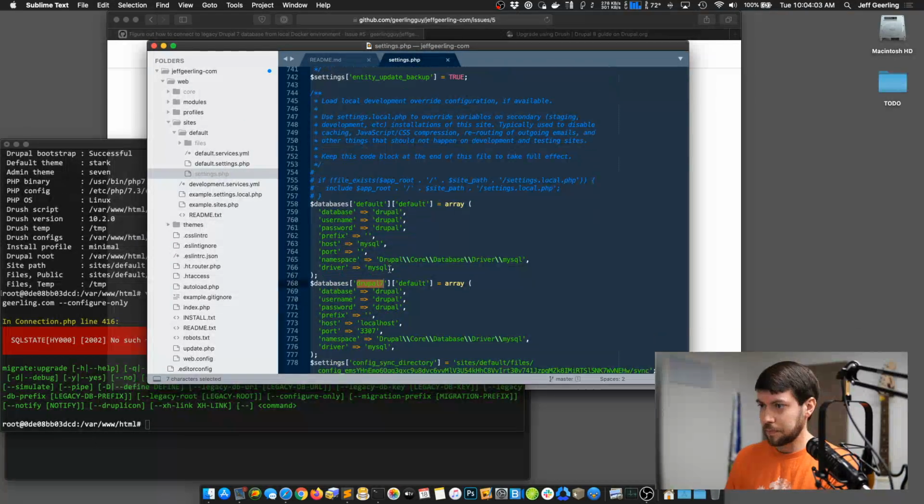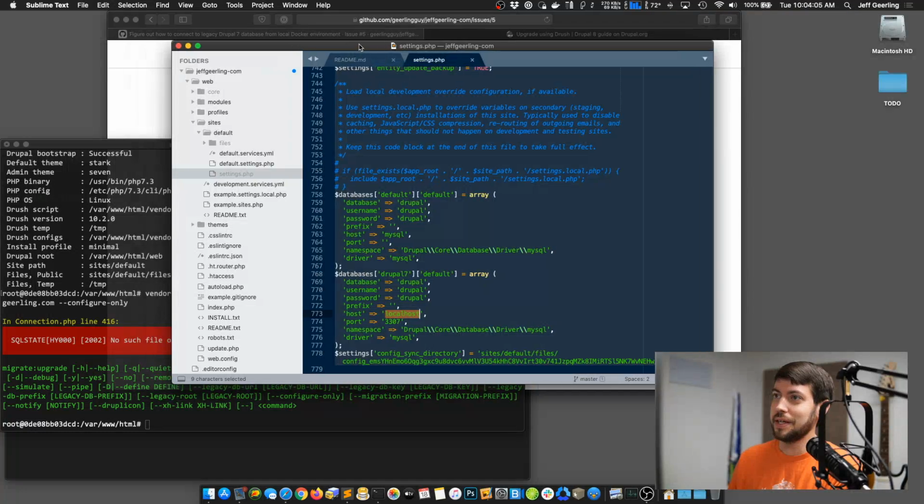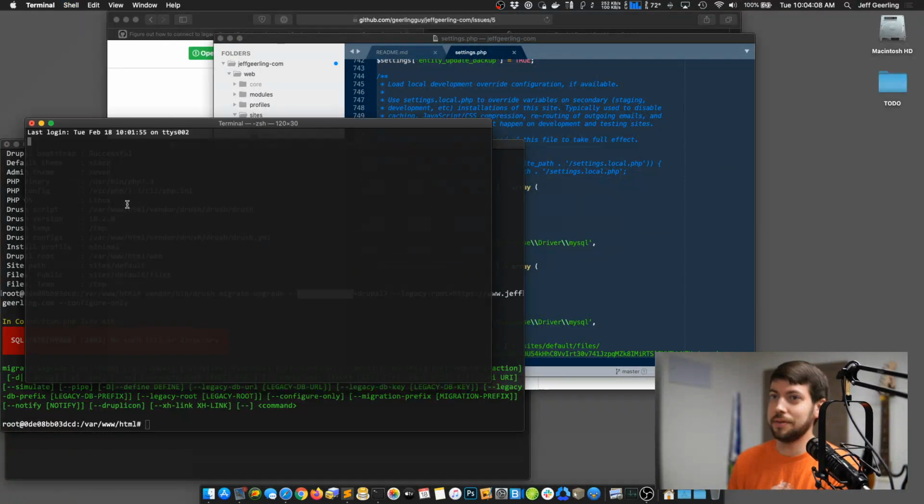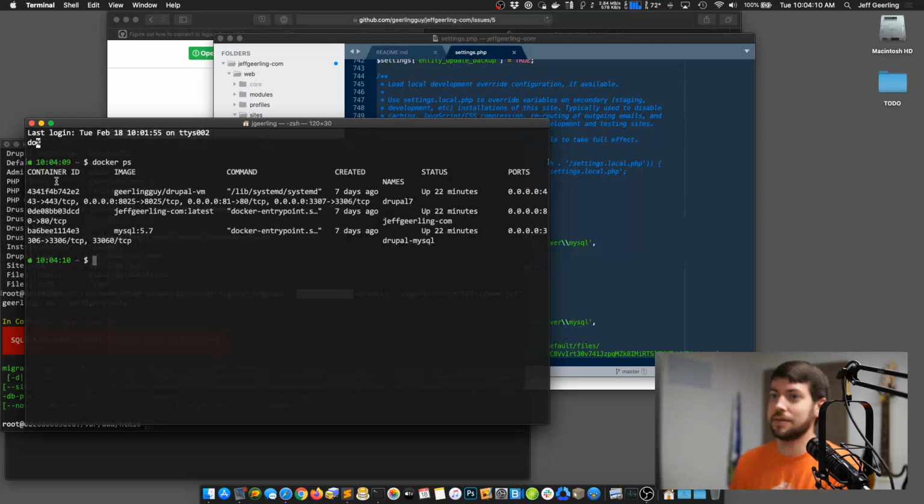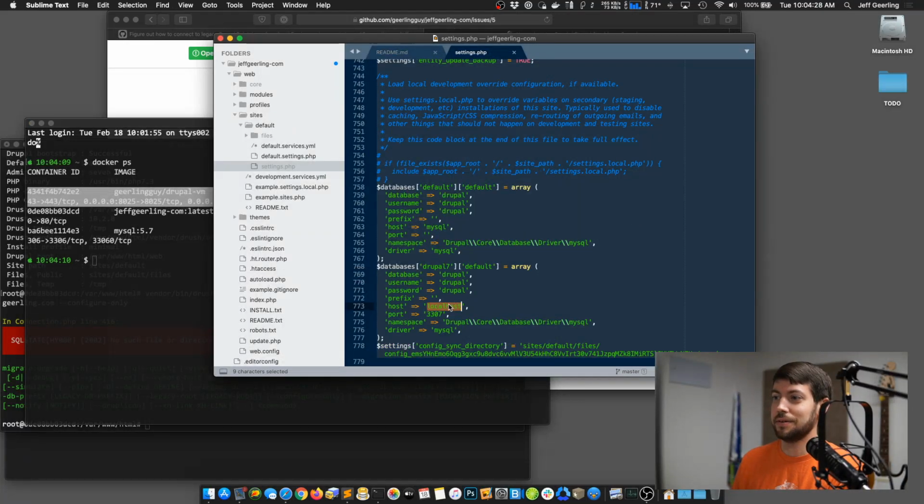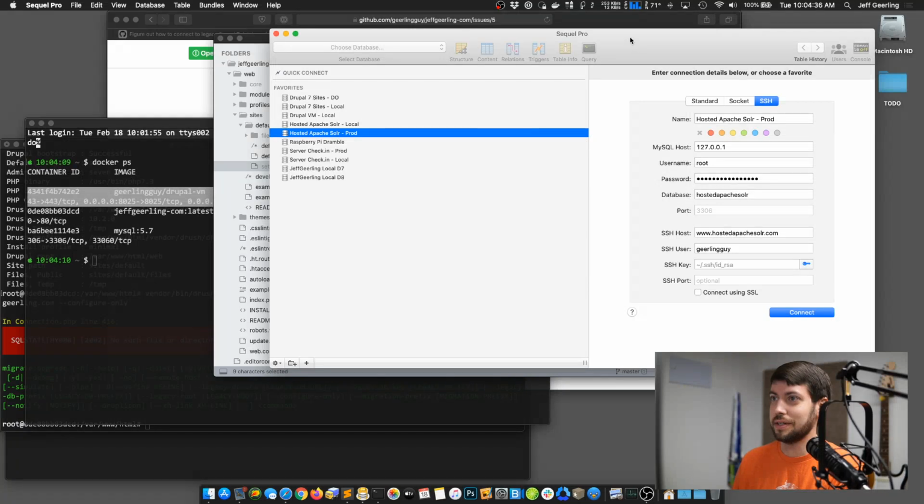So the problem was it's trying to connect to localhost, and the way I have this set up, I'll make a new window. Docker ps. There are two containers running the new site. There's jeffgeerling.com, which is the Drupal Apache and PHP container, and then there's a MySQL container running the database. The old site is running on a separate Docker container, and so if we try connecting to localhost, that doesn't work. Even though if I open up Sequel Pro on my Mac, the application I usually use to connect to MySQL and MariaDB databases,